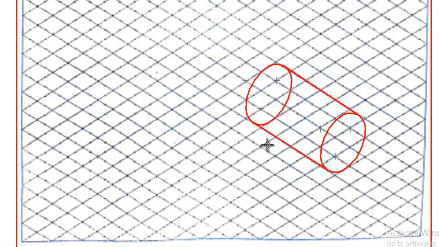Once finished, this curved surface will come inside. You can erase this, and now it is completed. So like this, a horizontally resting cylinder, and that too right side facing. So we have discussed the two kinds of horizontally placed cylinder.